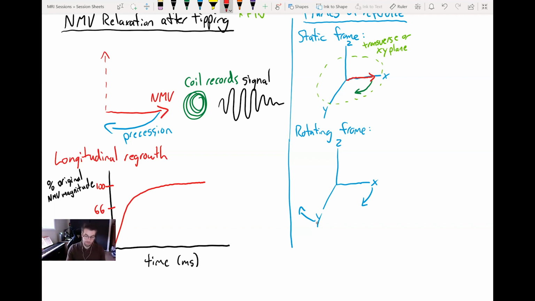Okay. That means over here, if we draw out our dotted line to the point that is on the curve, and then we take it down to our time axis, this is T1. The amount of time in milliseconds generally that it takes for the NMV to return to 66% of its full magnitude. Okay. And that, I guess, will come up a little bit later. The other important,